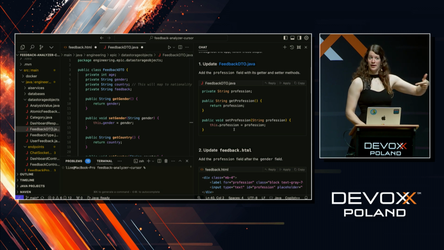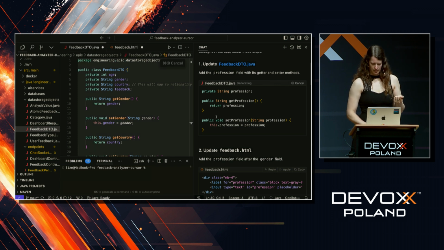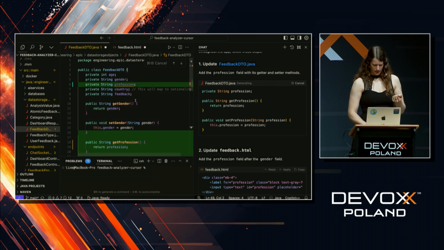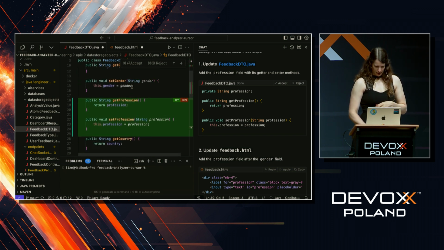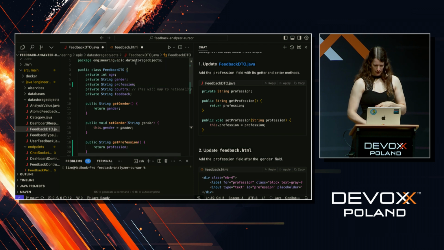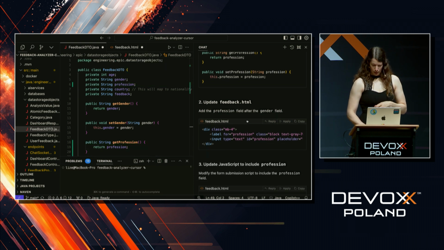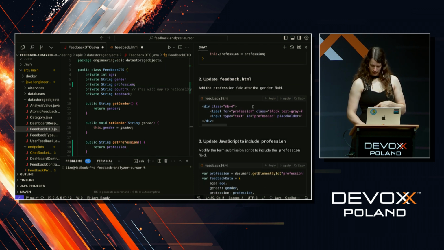I always need to check if this makes any sense, right? Just don't blindly believe it. But it looks good, a getter and a setter, so I'm going to just apply. Then it needs to think a bit, and it opens my file for me and puts these changes right there, and I can say, looks great to me, I'm going to accept this. And then also feedback.html I would have to update.